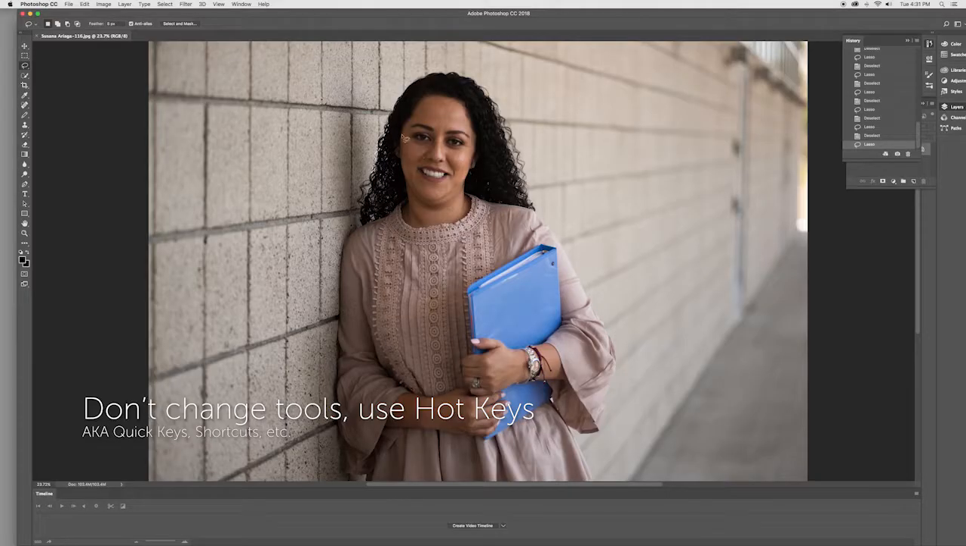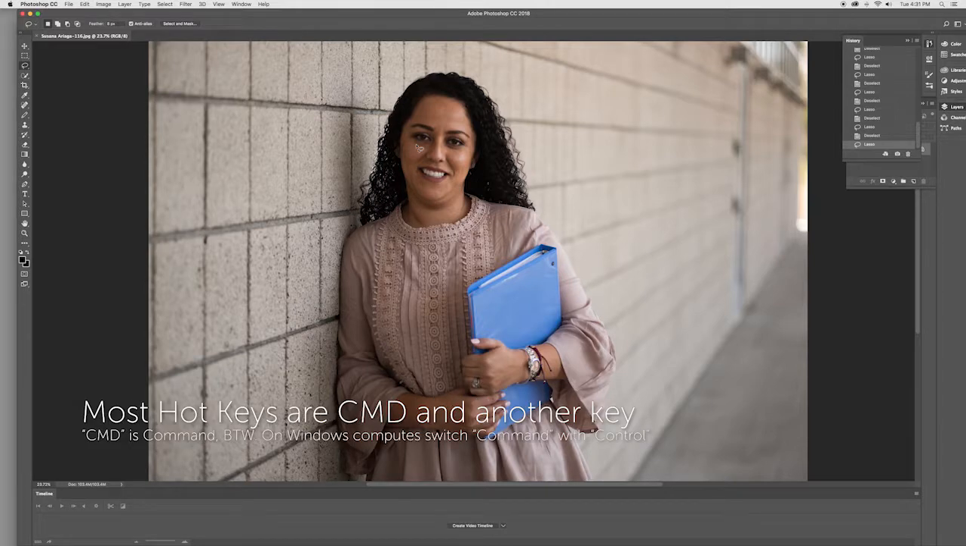Now I'm selecting some bits of her hair, and the truth is I want to get only bits of brick wall between the strands of her hair. So I need to zoom this picture in a lot to be able to see it. I don't want to change my tool, so I'm going to stay in the lasso, and to zoom in, I'm